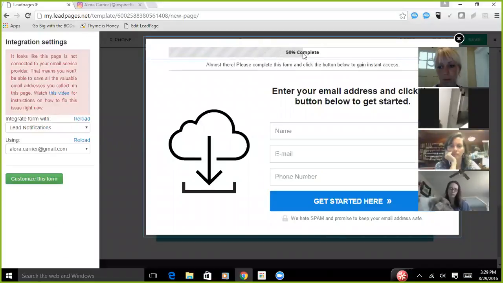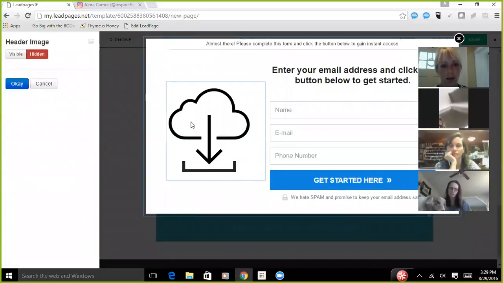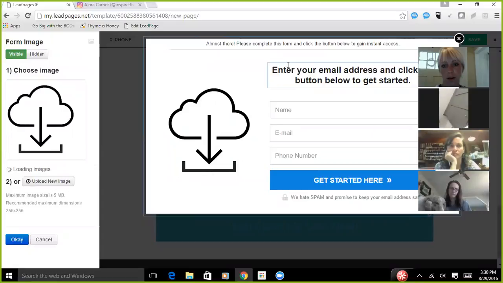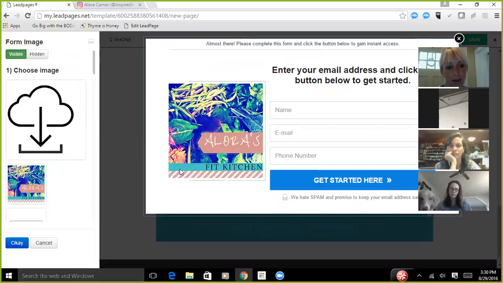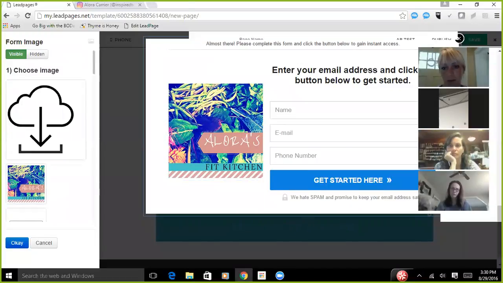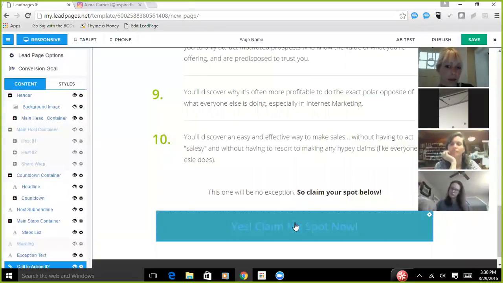It gives you an opt-in box, and you can also customize all this. I always hide that. I always change the picture. I always change the wording so it's my own voice. I change the font so it's prettier. So I'll choose this logo, and just make it fun and personalize it, right? So that's what would happen there. And then you get an email saying so-and-so opted in, here's their information. It tells you what they opted in for, and then you can contact them. Or you can send them,